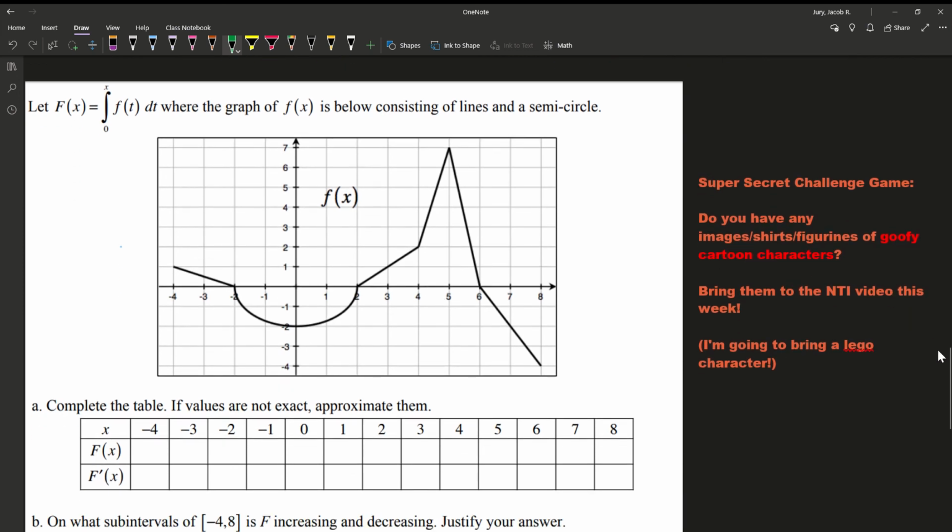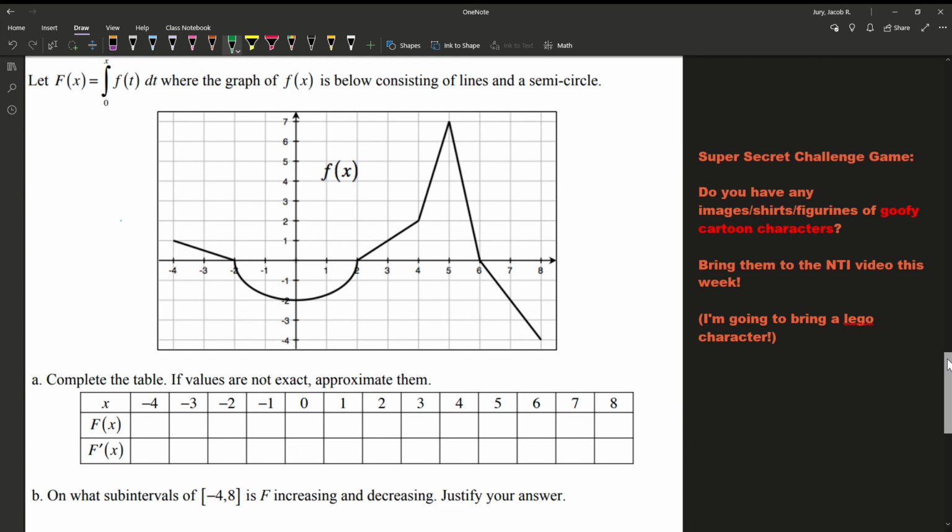Here is an example I'd like you to try out. And then there's also this super secret challenge game that I'd like you to try and complete for this week. I'll also post on Google Classroom this image and give you the quizzes assignment to complete. It's just one